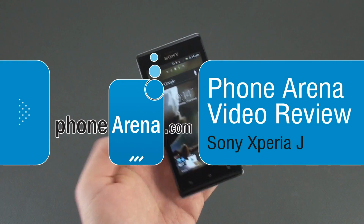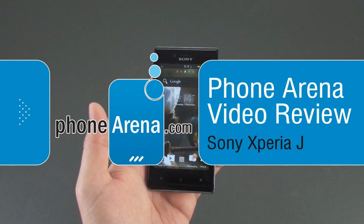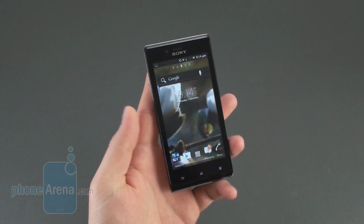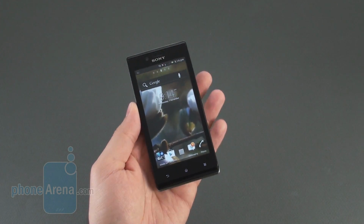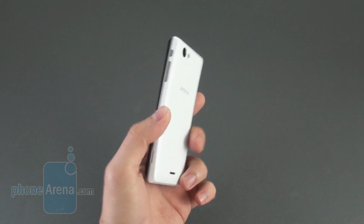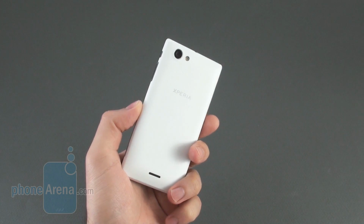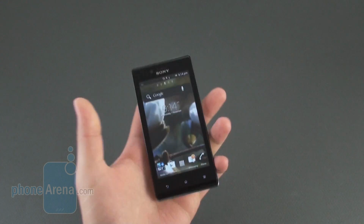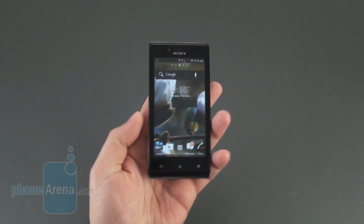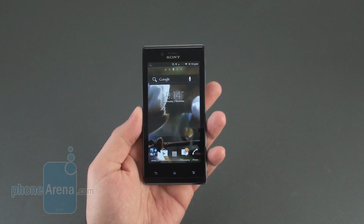This is a device positioned in the lower mid-range category, so don't really expect it to impress you with much other than its affordable price tag. It comes with a 4-inch display, there is a 1 GHz single-core processor inside it, and on the back we have a 5 megapixel camera with autofocus and LED flash. Here on top we see a front-facing camera, and out of the box you get Android 4.0 Ice Cream Sandwich